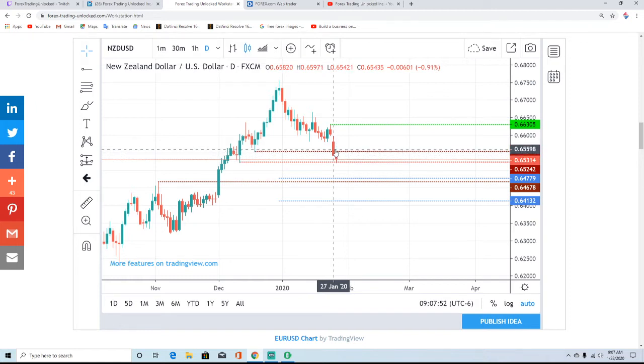If the New Zealand dollar, which had been rallying against the dollar, even when the dollar was really strong against most of the major currencies, this uptrend was just severe. It just really kept on going. So you have to think that this is probably more related to what's going on with the coronavirus, so we'll watch this over the next couple days.